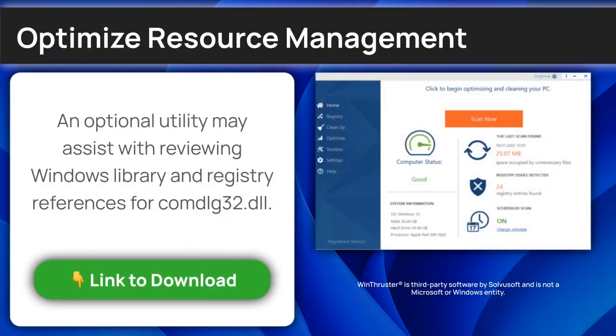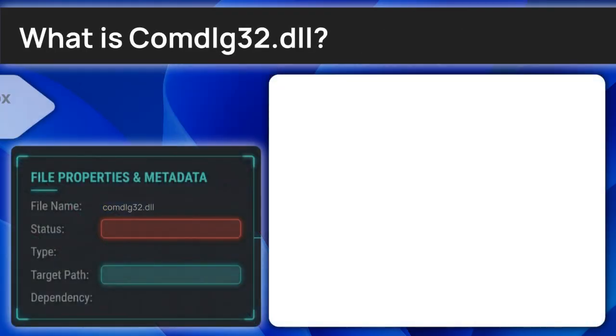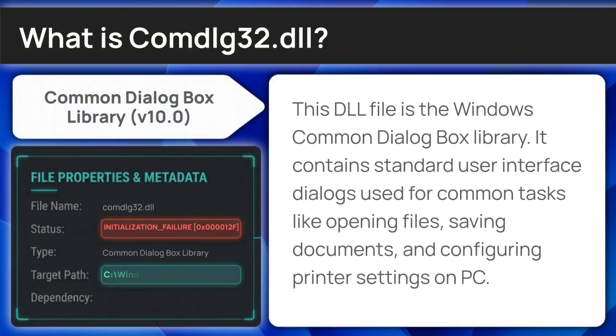This DLL file is the Windows Common Dialog Box Library. It contains standard user interface dialogs used for common tasks like opening files, saving documents, and configuring printer settings on